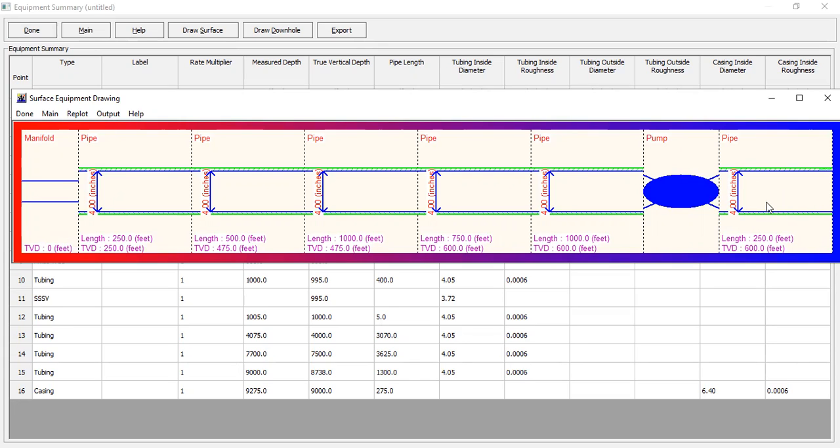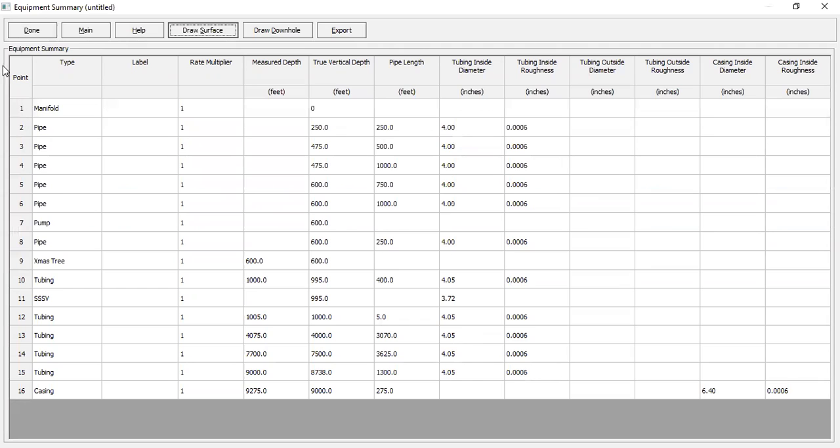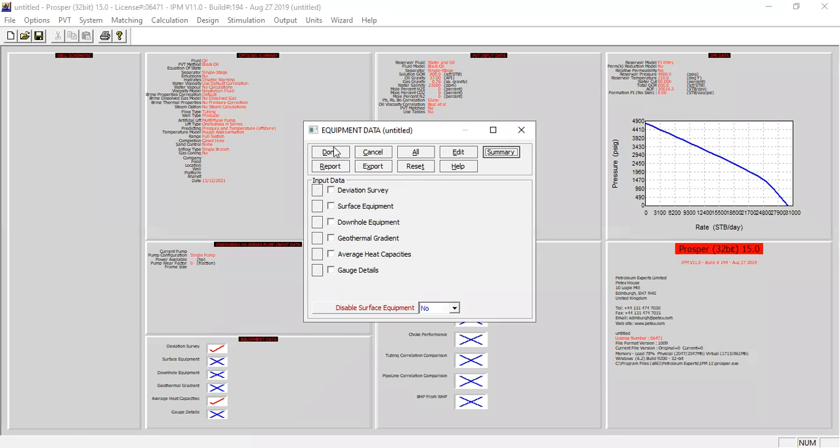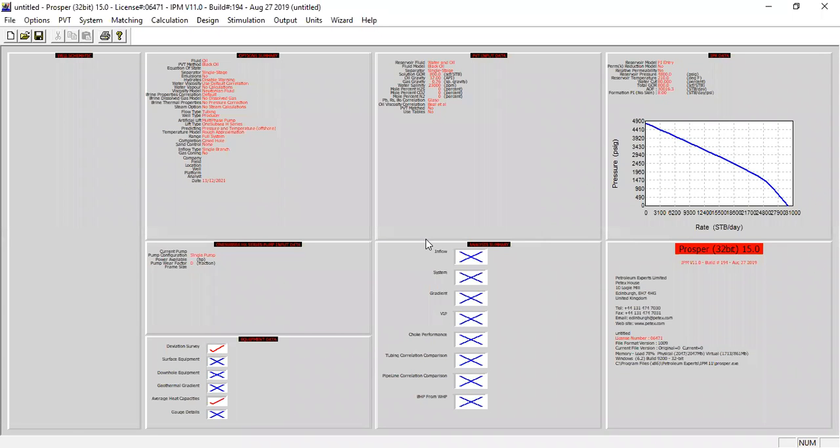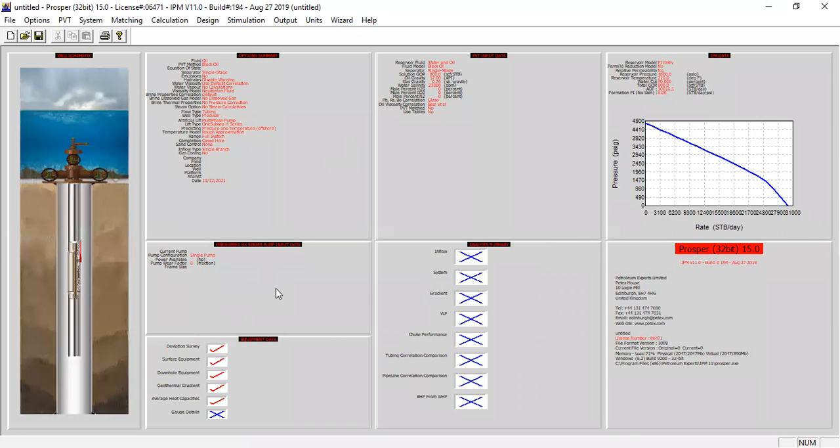Okay, and after the pipe, we have, as the picture shows you, the wellhead. All right, and we can click done, done, done. Now we need to input this data section, or you can see our well depicted here. Now we double click here